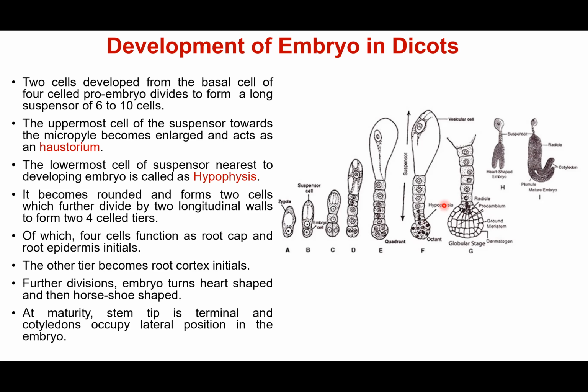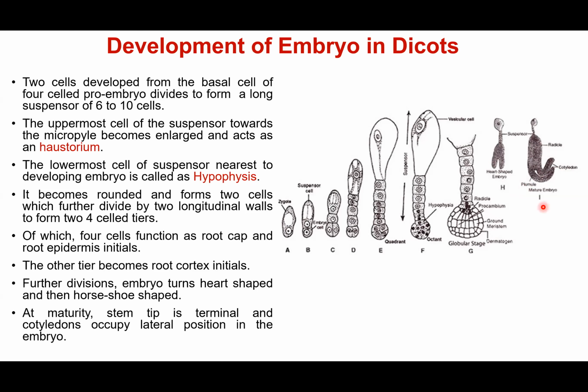Okay, then after this, the stage is like a globe, right? It is spherical, so that's why this stage is known as the globular stage. After this, the embryo changes into a heart-shaped structure like this. It is called a heart-shaped embryo. Then it changes into a horseshoe-shaped structure. Okay, this shape is known as a horseshoe-shaped structure. So these two become cotyledons, that is your first leaves. Plumule is your shoot tip, radicle is your root tip. Okay, so all these parts come from this embryo.